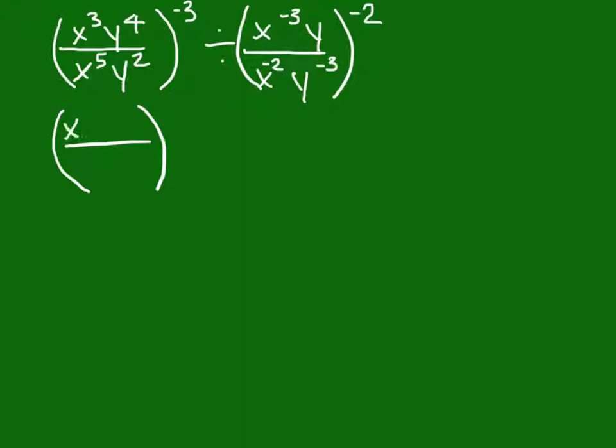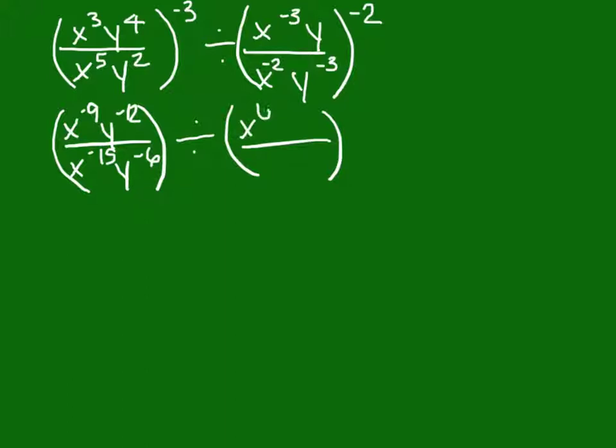So that becomes x to the negative 9 y to the negative 12 over x to the negative 15 y to the negative 6. We'll keep the division sign for now, and we'll raise everything in the second set of parentheses to the negative 2nd power. X to the negative 3 to the negative 2nd power becomes x to the 6th, y, which right now is to the 1st, to the negative 2nd power becomes y to the negative 2nd,